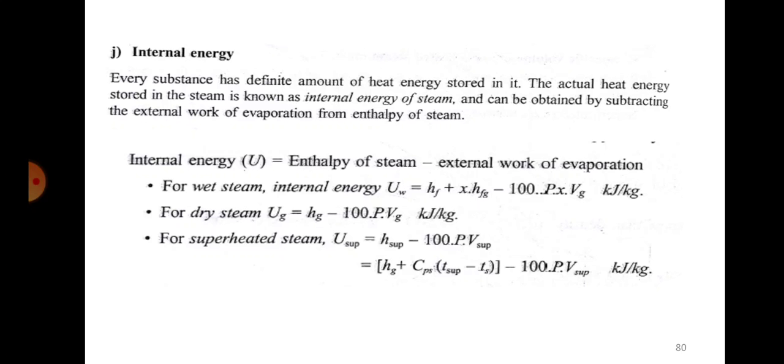Okay, I'll stop here. In this video I have completed the formation of steam: how steam is formed, and what happens from 0 degrees Celsius until it reaches the superheated state. We have studied different types of steam: what is wet steam, what is dry steam, and what is superheated steam. Then the different terms associated with that, like sensible heat, latent heat of evaporation, and amount of superheat. More importantly, the question is to explain the formation of steam with the help of a T-H diagram. So we've completed the entire part here. Thank you.